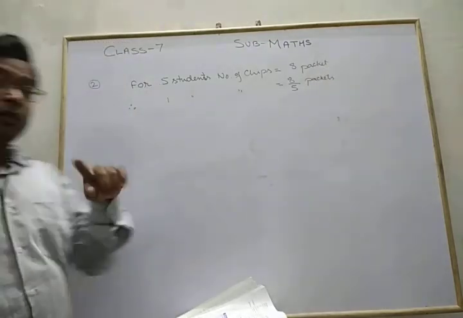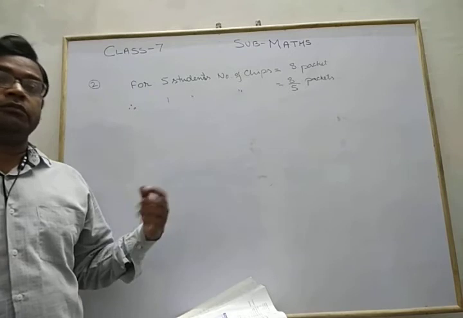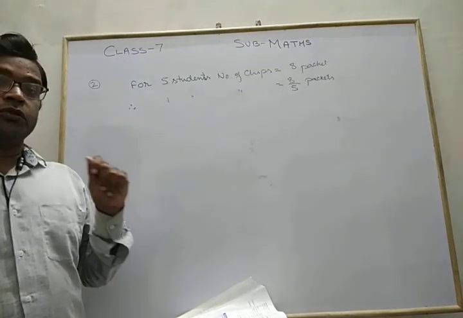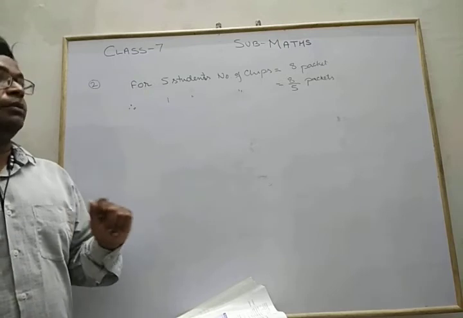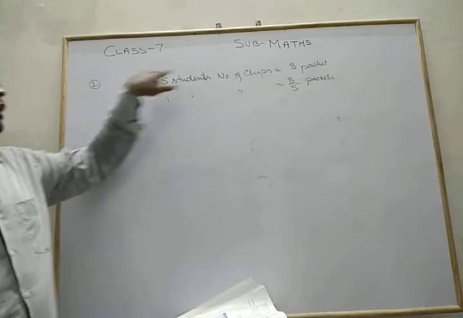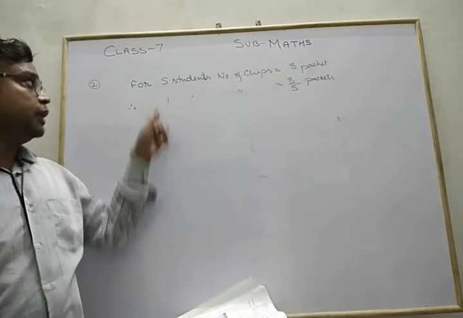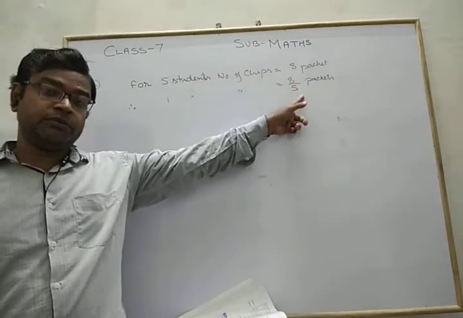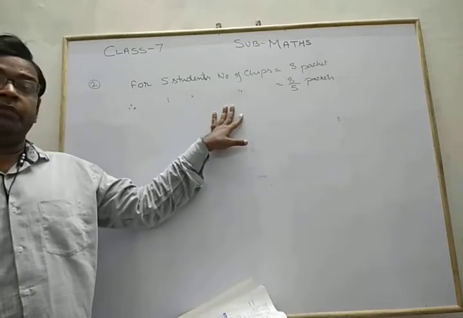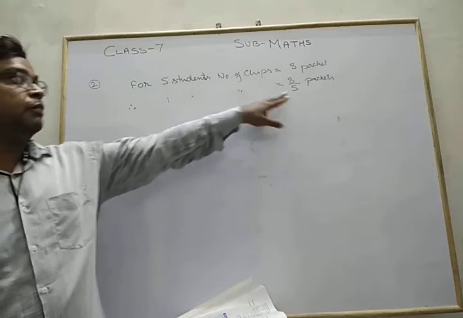Remember, you may be confused about where you have to divide and where you have to multiply. So do the practice and use the concept. Whenever we have diagonalization, in this case for 5 students, the number of chips is 8. Then for fewer students, we need fewer chips. In this case we have diagonalization. In diagonalization, we must do the division.